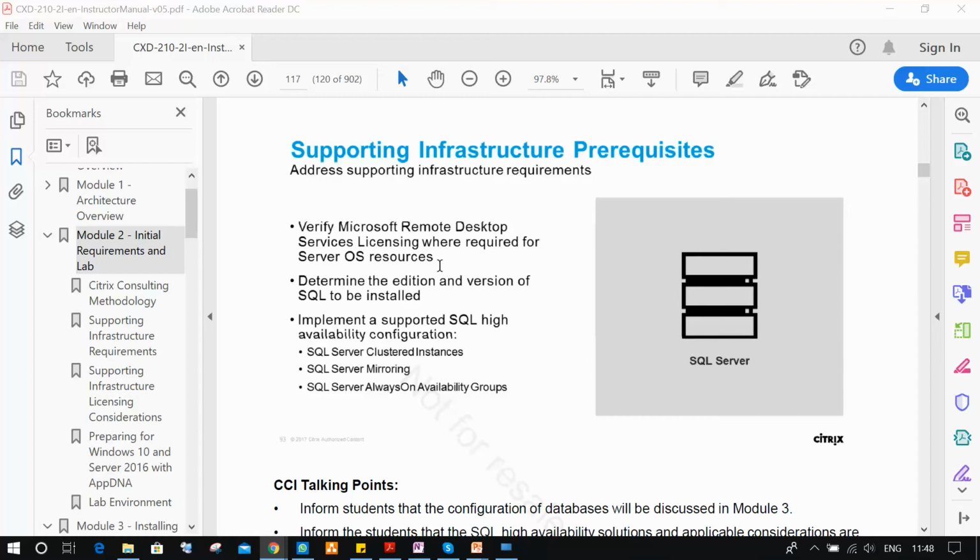So every Windows machine has Microsoft Remote Desktop Server licensing. What is the meaning of Remote Desktop Server licensing? We connect remotely to a Windows machine by using MSTSC or Remote Desktop Connection Manager, right?